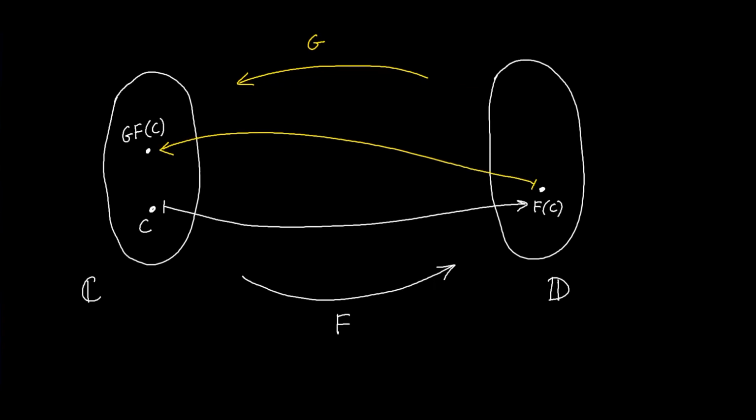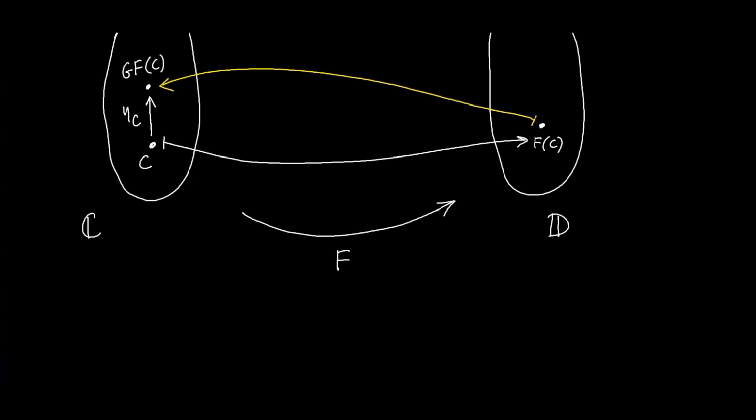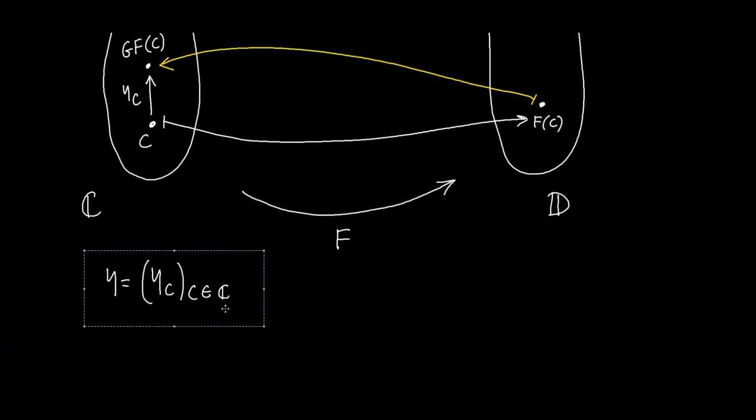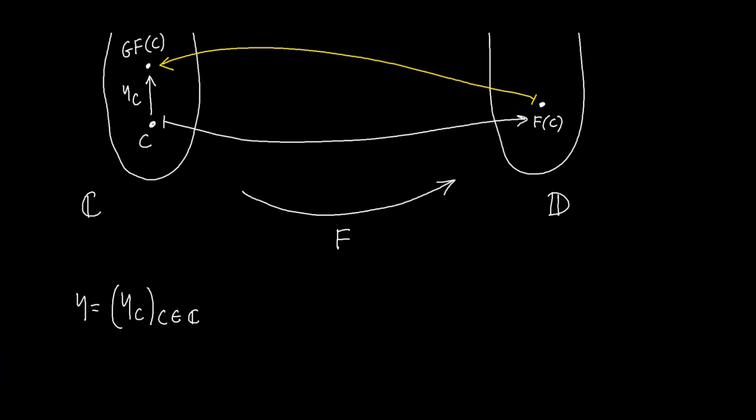And G of F of C might not be equal to C, but let's say that we've got a morphism going from C to G of F of C. And let's call this morphism eta with a subscript C. Of course, now that we already know what a natural transformation is, we probably want to require that this family of morphisms, one for each C, is a natural transformation. So we will call the entire family eta,